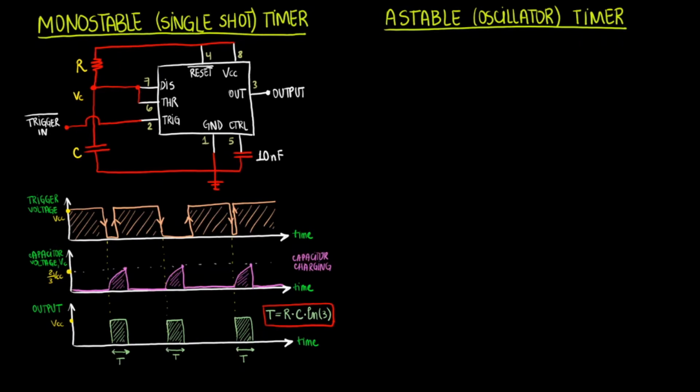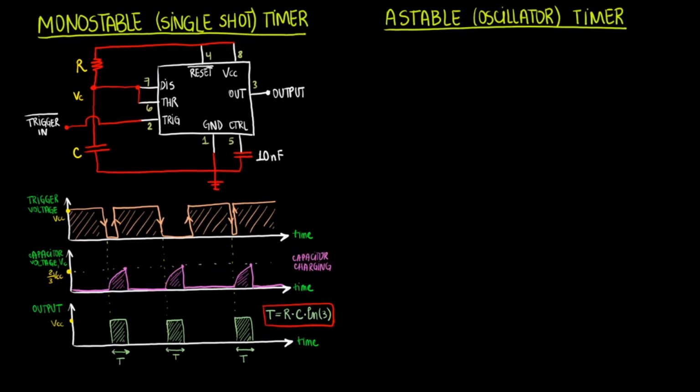The plots you would care about for the monostable timers are the trigger voltage over time plot, the capacitor voltage over time plot, and the output over time plot. As you can see, as the trigger goes below 1/3 VCC, the capacitor starts charging and the pulse shoots high. Then, and this is important to take note of, independently of what the trigger voltage is, after that fall below 1/3 VCC,